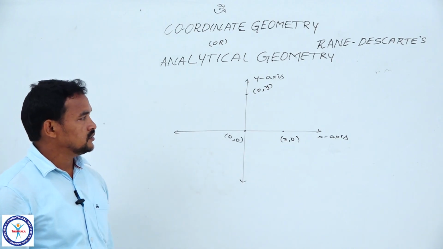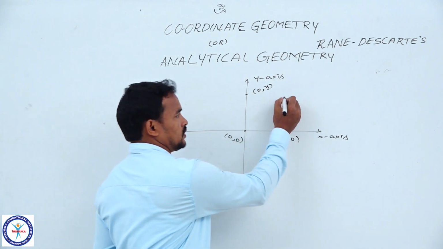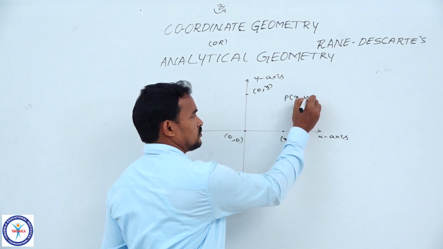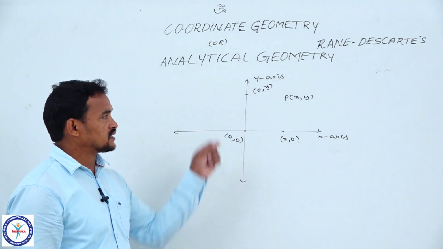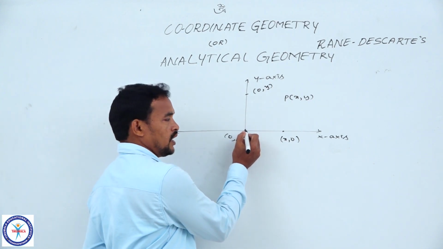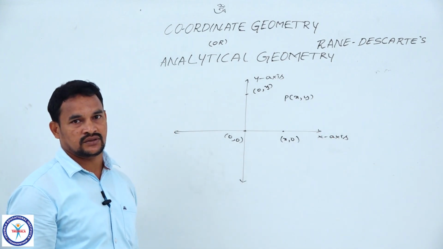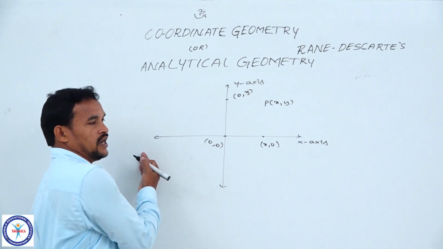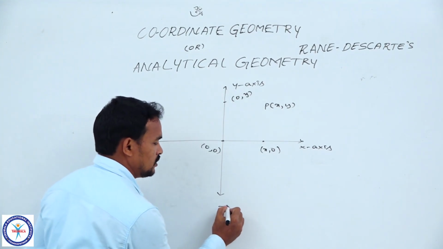After that, you will take one point in the first quadrant. Your P is a point in the first quadrant. So what about x comma y? Here x is positive, y is positive. Because at the origin, on the x-axis, the right side always takes positive values, the left side negative values. Right side positive values. Down side negative values.